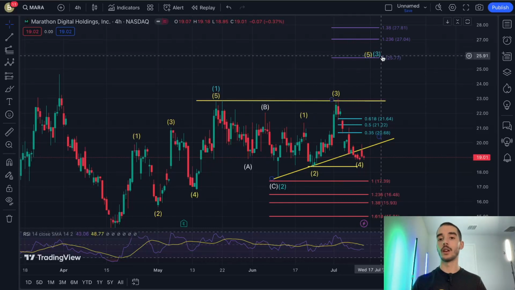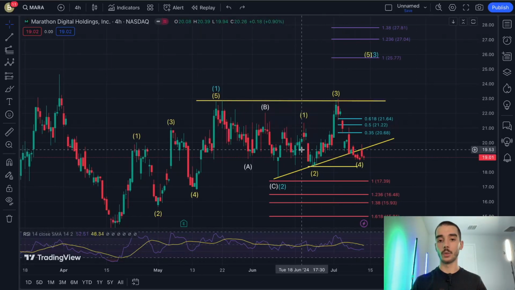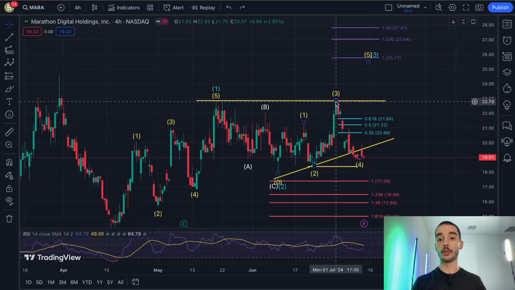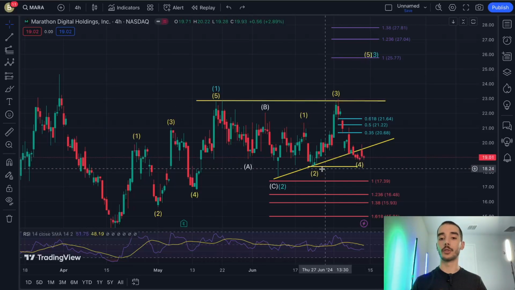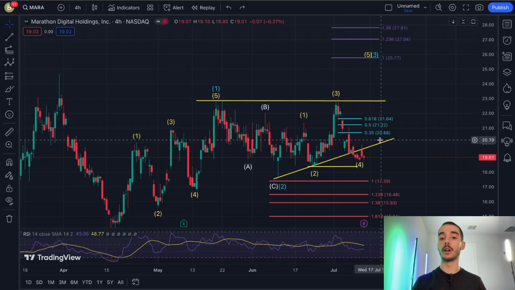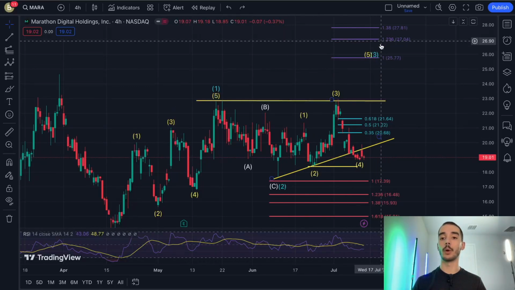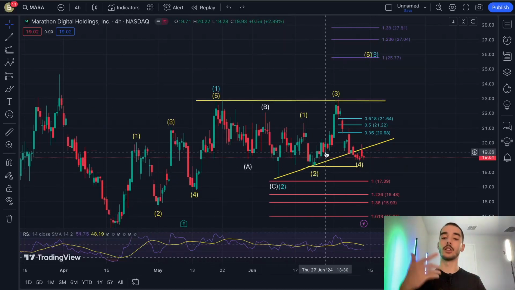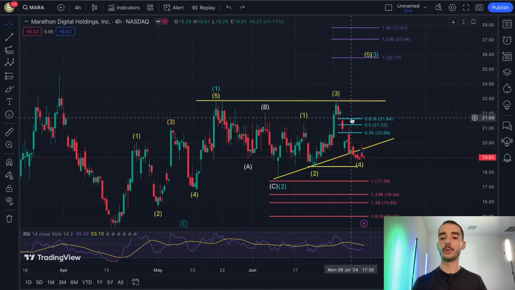It just depends. But as of right now, we have a first, second, third wave up, fourth wave down, and like I said, if this were to break below this, then I'm going to go ahead and update this structure, because it would invalidate that this is a new 5-wave move up that will go here. Instead, it's going to look a little differently, but it's still going to end in the same area. None of that's happening right now, so we're not going to worry about it too much.